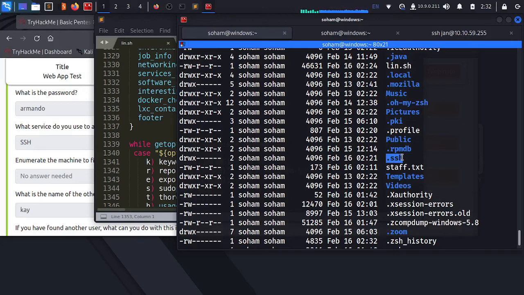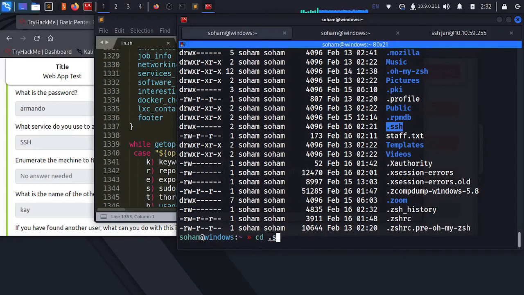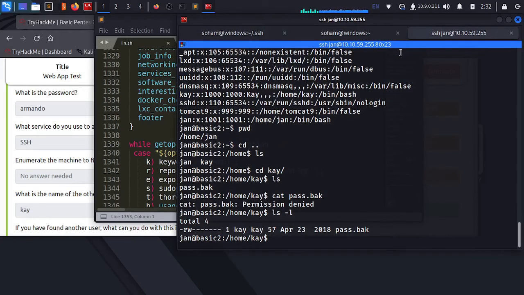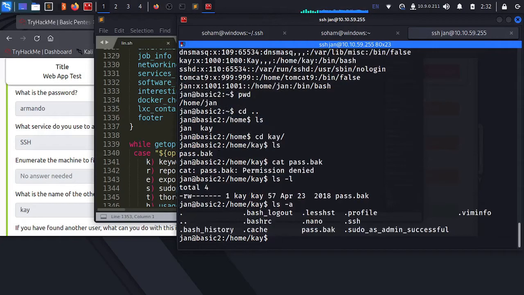Let's navigate to this directory. If we type the same command ls -la, there is the same .ssh folder. If we navigate to this directory,